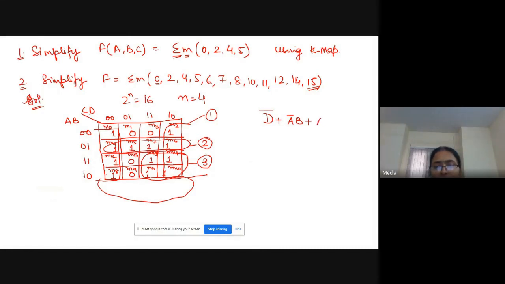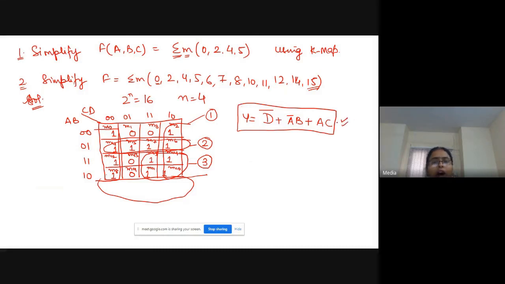So write A, and in the CD term, C is there, but D is changing. So it is A C. This is the answer, and you have to write it like this, Y is equal to. So your reduced expression for this second problem is this.